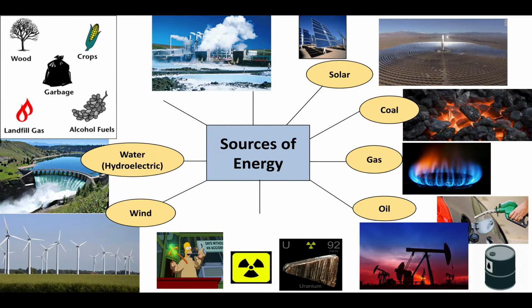So let's have a look at some of the less obvious ones then. This one up here is biomass, and it is a hugely variable source of energy. So some biomass might be in the form of alcohol fuels. We mentioned ethanol earlier, and when you have ethanol, you can burn it pretty much like it's oil. You can even alter car engines so that they can burn ethanol, and that can be produced from a variety of different crops and different alcohol fuels, whether that's soybeans or sugar. Then we've got two different types of gas that comes out of landfill or from waste,